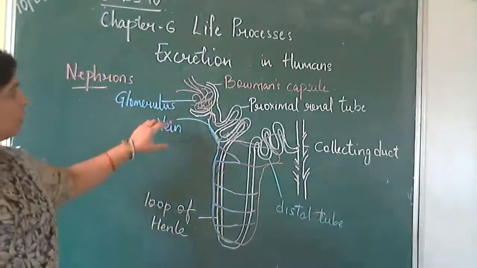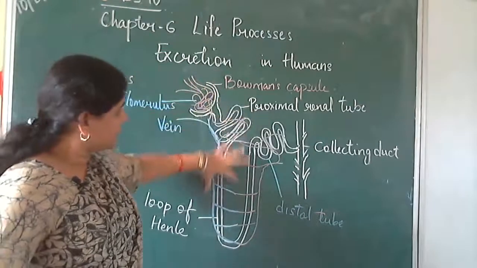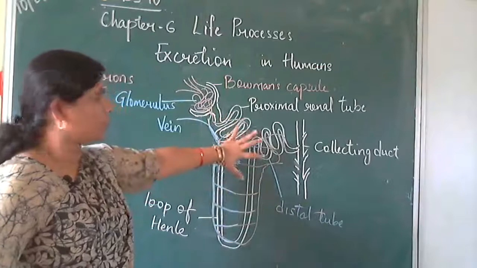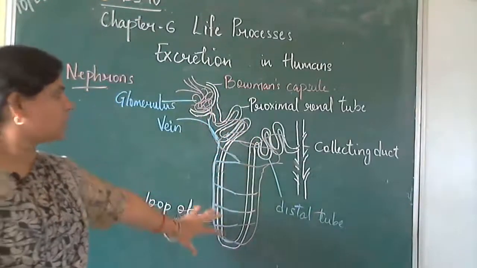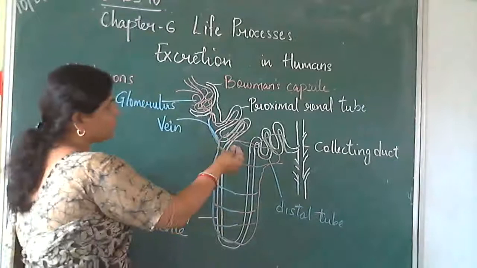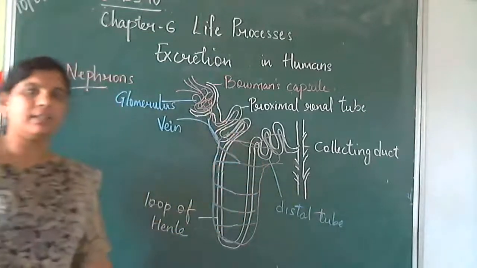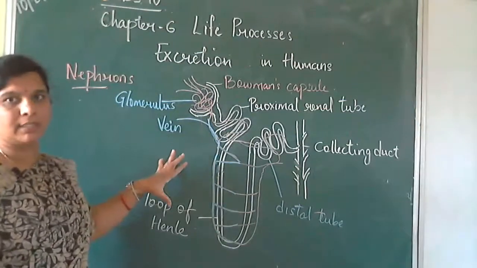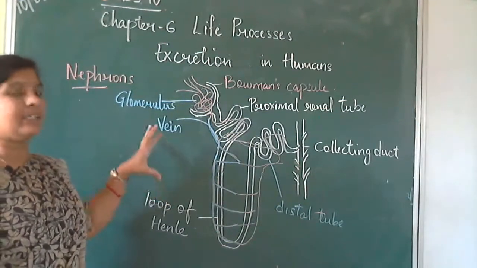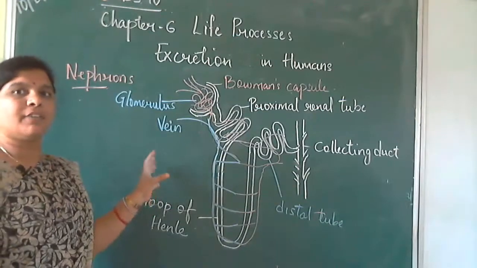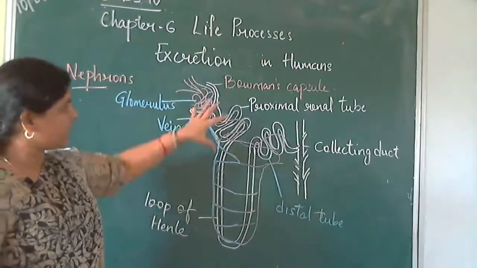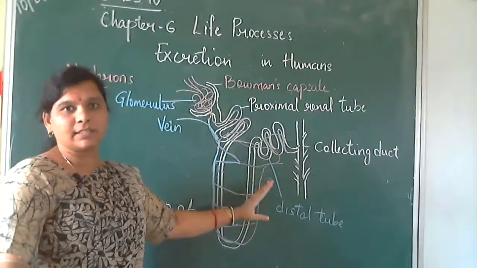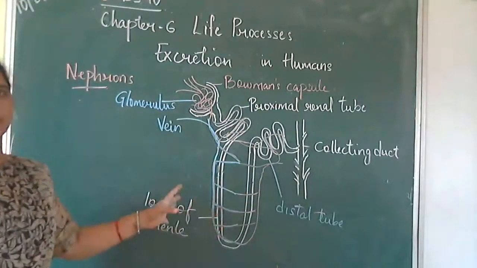Okay, so the blood is filtered in these capillaries when it is passing through this network of tubes. Okay, through these nephron tubes. Understood? So now you can see there's a change over in color. In the last class I have told you how arteries branch out to form capillaries, renal artery capillaries. Then again these capillaries join to form veins. So same thing is happening. Now you can see that the red part, we can say that it is arteries, whereas the blue part we can say as veins.